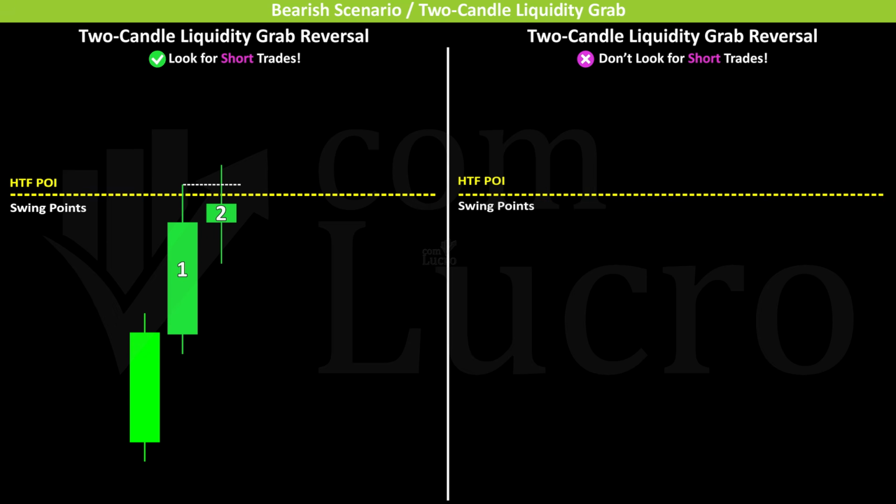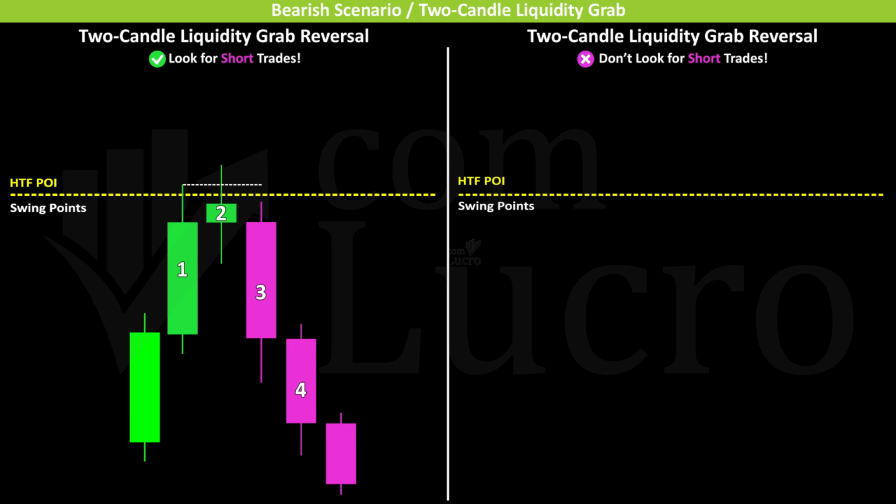If price trades above that higher time frame swing high, grabs the liquidity resting above the highs, but then closes back below the level on the daily candle, this can also qualify as a bearish two-candle liquidity grab reversal. This is important because even though the daily trend may still be bullish, the market is now reacting from a much larger higher time frame point of interest, increasing the probability of a bearish reversal or at least a significant